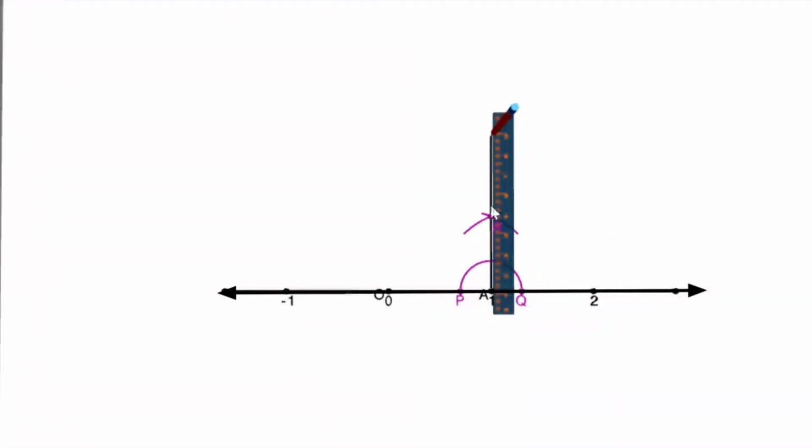Now I have got this perpendicular line on this number line. Now, if you remember, if I take a right triangle with the sides equal to 1 unit and 1 unit, the hypotenuse will be equal to how much? Under root of 1 square plus 1 square. That means it's going to be under root of 2. So with A as center and radius equal to 1 unit, if I will be making an arc on this perpendicular, I'll be getting a point B such that AB will be equal to 1 unit. So let us do that.